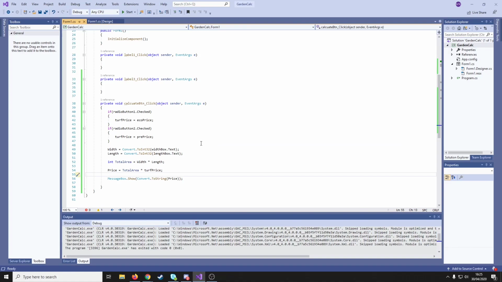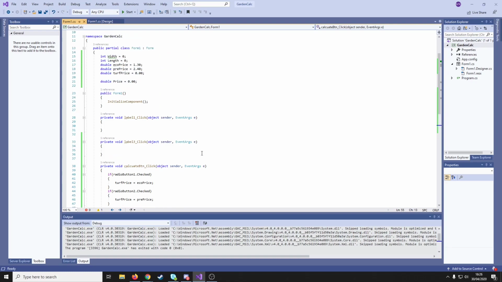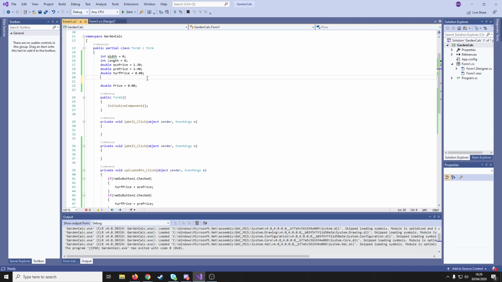But it may also be the case that you may want to check something. Perhaps you want to put down weed killer. So we could put in a weed killer option. So let's go into there and type in double weed killer. Let's say that costs 0.50p for everybody who wants to use weed killer. So what we can do